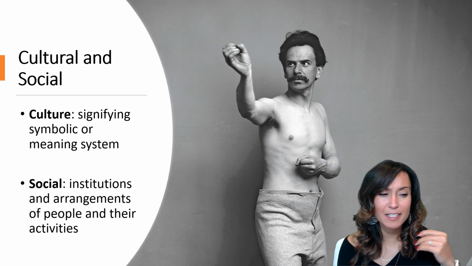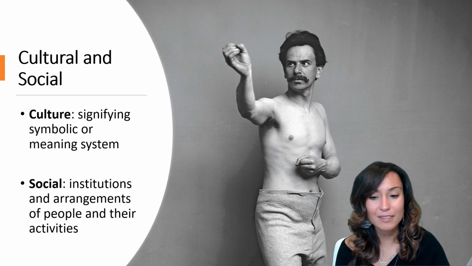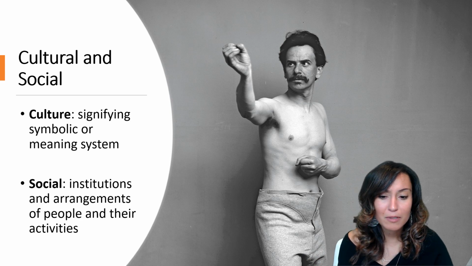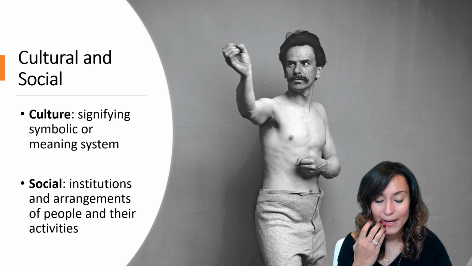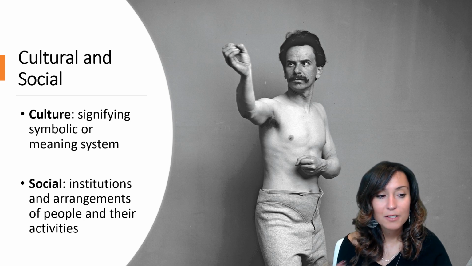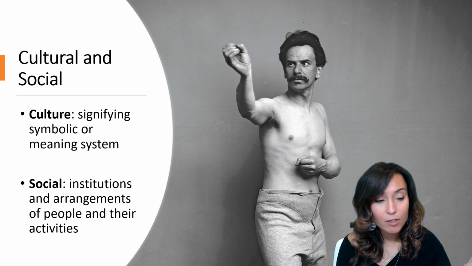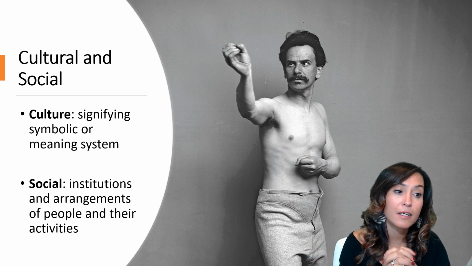So in some ways, this distinction between social and cultural is actually pretty arbitrary because it's hard to imagine explaining social institutions without the systems of meaning that guide their invention and operation. So for example, if you're a contractor and you're building a house, you need to have a blueprint, or you need to understand a blueprint by seeing a lot of different houses, right? So there's this relationship between the social and the cultural that makes them really hard to differentiate. So for our class, we're going to think about social and cultural as actually being a united concept.